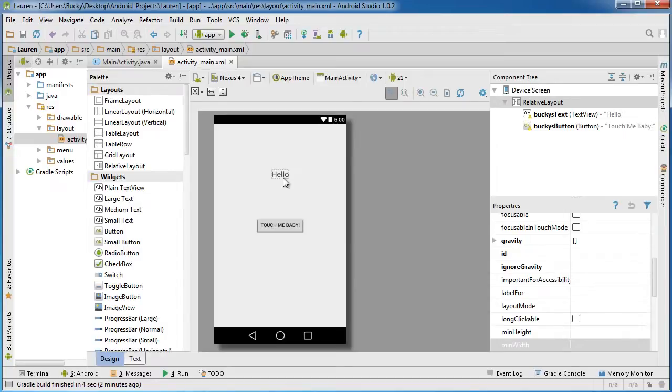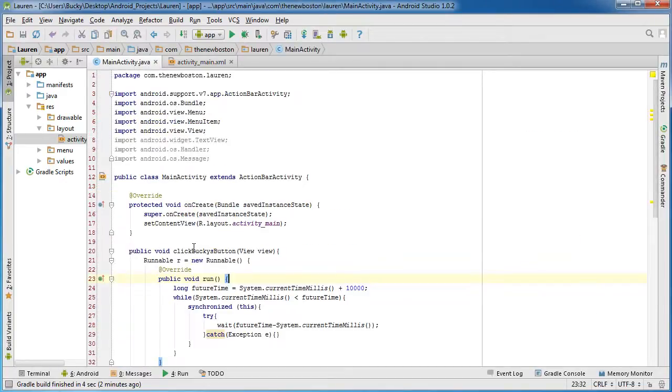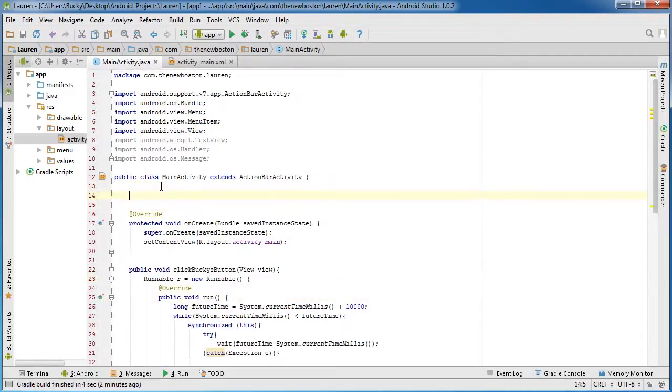Second of all, it would just be stupid if one thing is trying to change this hello variable and another thing is at the same time. It's just bad programming practice, even if it doesn't crash your program. So what we're going to do is we're going to create a handler, and the handler,